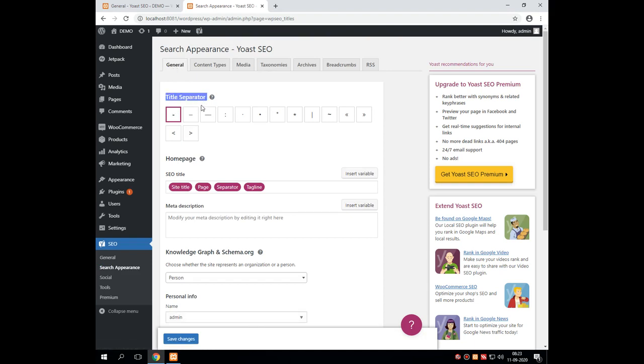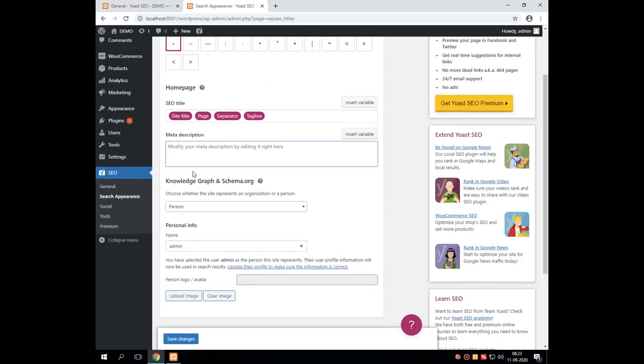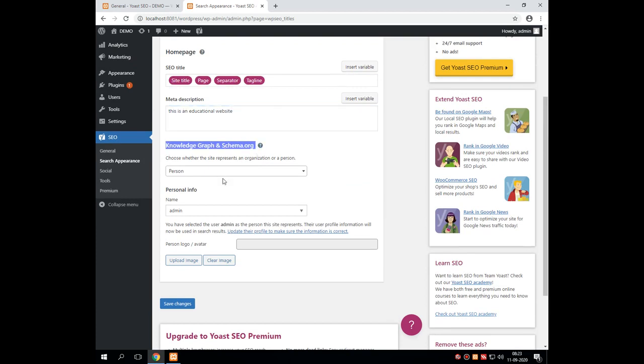Suppose we want to make your site title like MBM-Rajkot, then that can be done using this option over the website. Then a short meta description that we need to give. This is an educational website. That means suppose we are making our college website, then knowledge graph and schema.org.